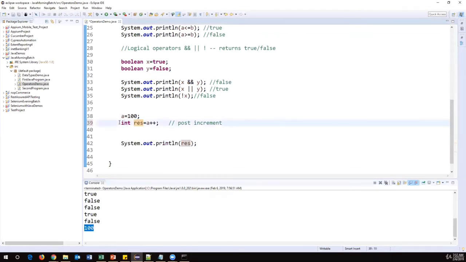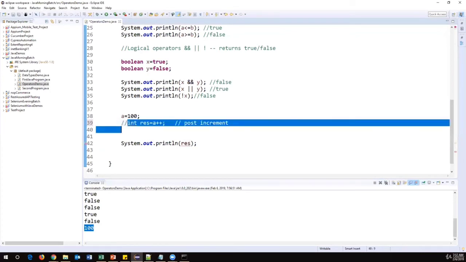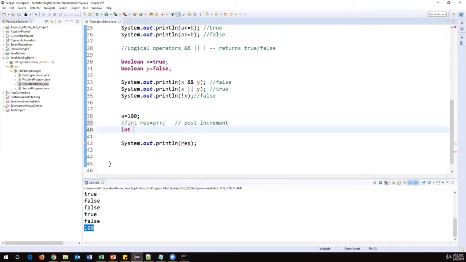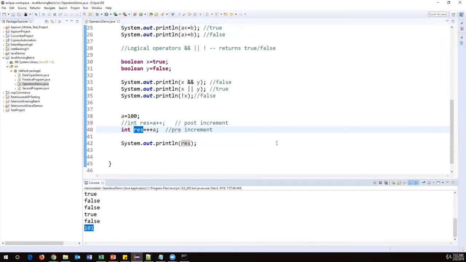The same thing we can write in another way. When I say integer result is equal to plus plus a, this is called pre-increment. In this expression, first it will increment the value and then store the incremented value in result. Now when I print the result, this time you will get 101.